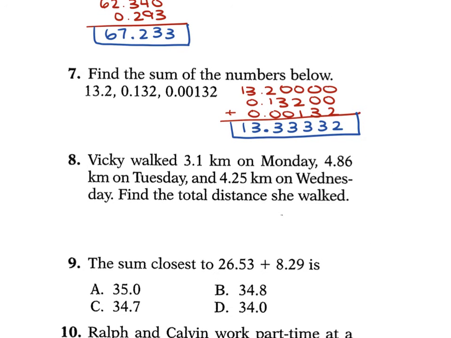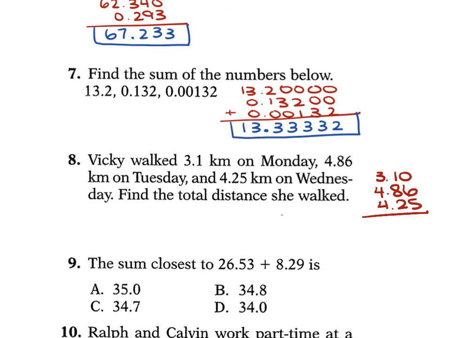8 says Vicky walked 3.1 kilometers on Monday, 4.86 kilometers on Tuesday, and 4.25 kilometers on Wednesday. Find the total distance she walked. So we're just going to add these. So we're going to have 3.1. I'm going to add a 0 there so our place values add up. 4.86 and